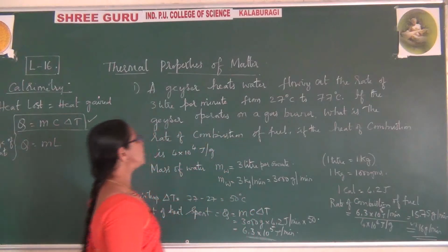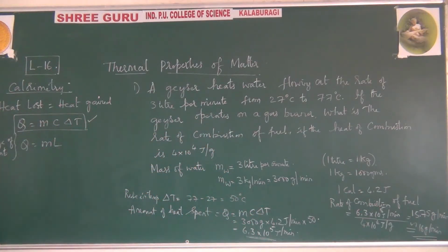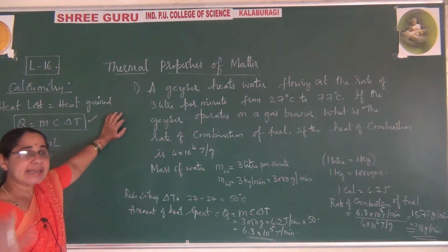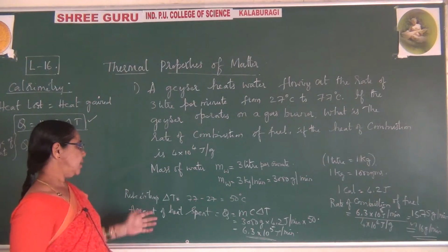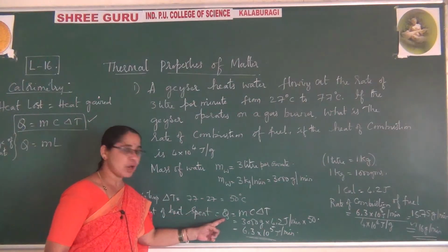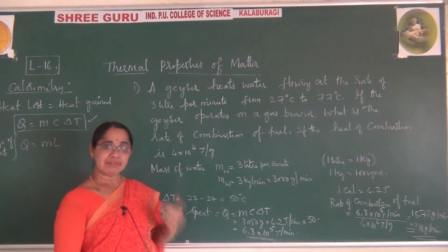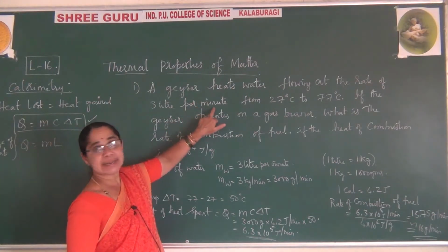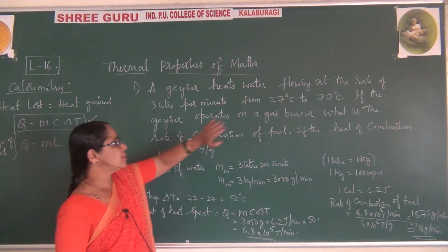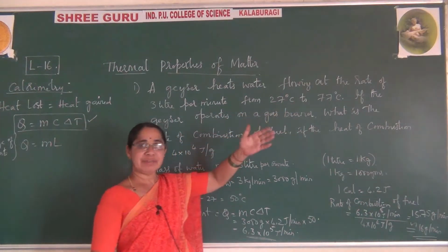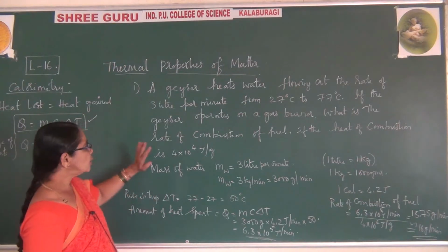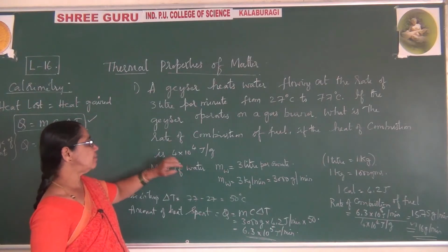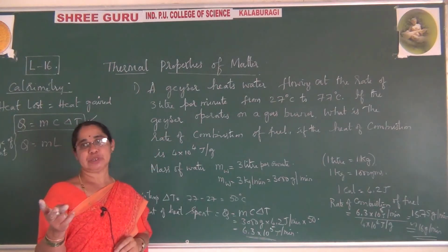It's a very simple problem, but in this question they have given a geyser first. That geyser is heating on the gas burner. So what amount of heat it is, you have to calculate using the symbol Q is equal to mC delta T. Before going to that, first let me write what is given. The mass is 3 liter per minute, and the temperature rise is given 27 to 77, the difference is 50 degrees centigrade. So using that, we have the heat of combustion, and using that we have to calculate the rate of combustion. So two steps we are calculating here.